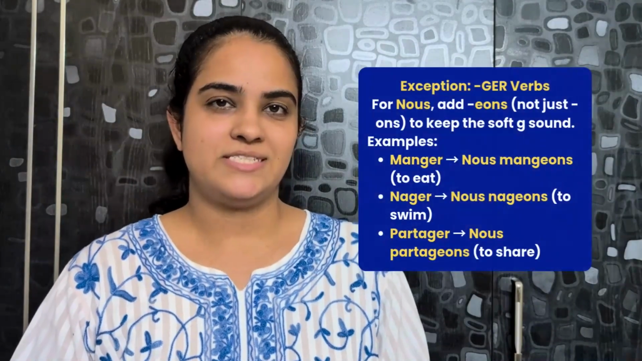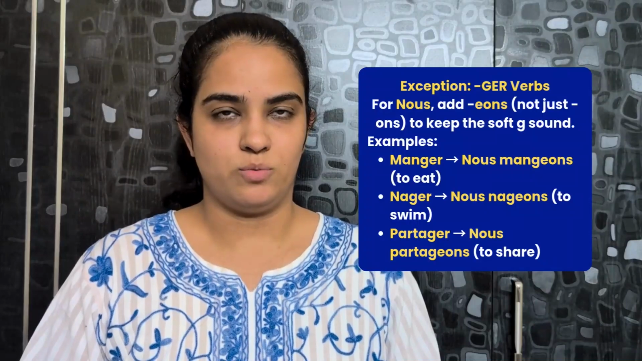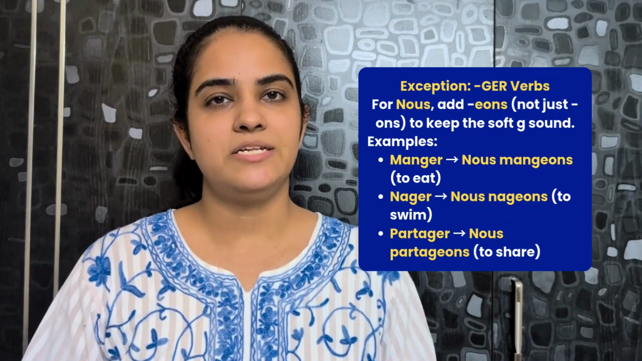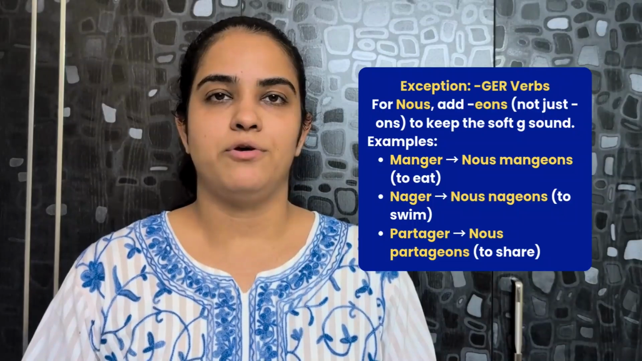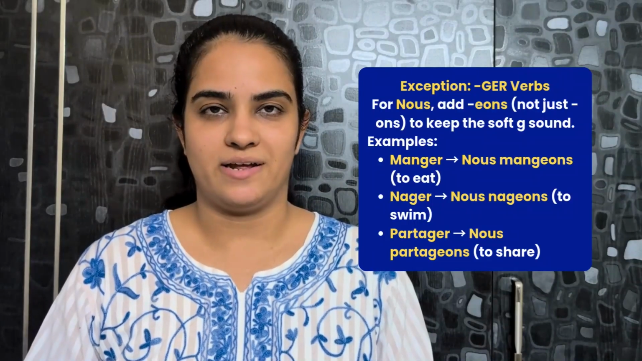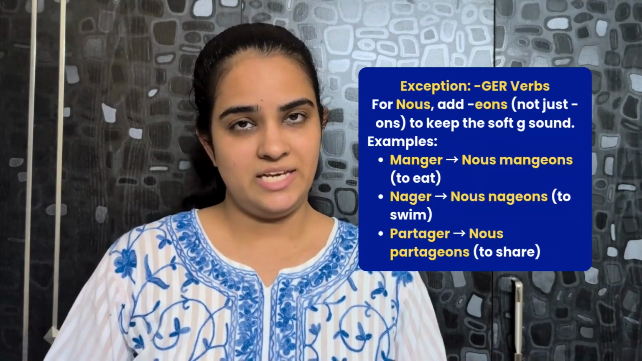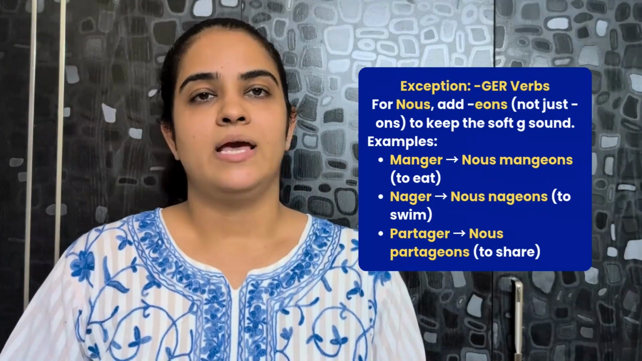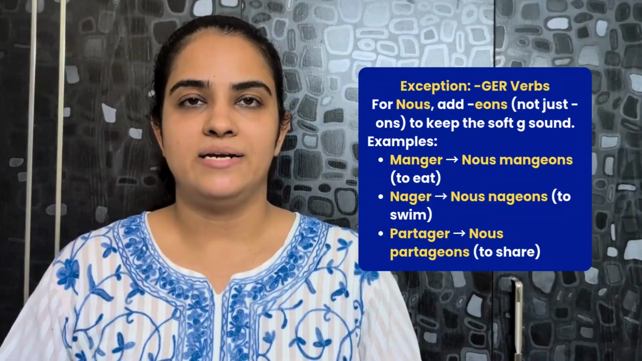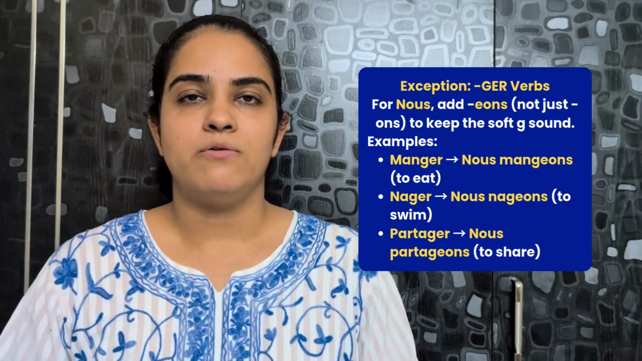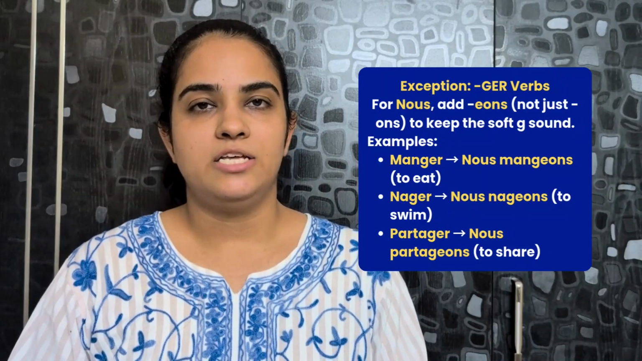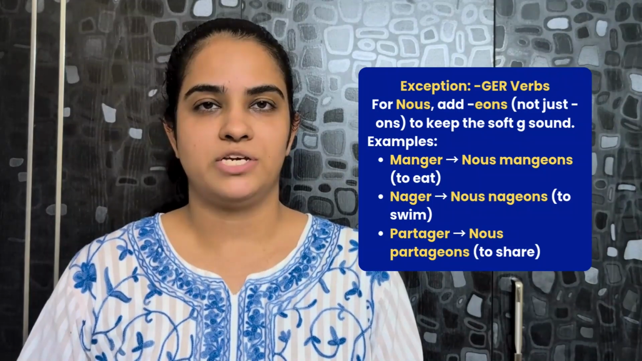Now, we are going to talk about some exceptions that exist in the er ending group. The first one is the verbs ending with ger. In these verbs, the only difference in conjugation is that you are supposed to add an extra e while conjugating it with nous, which means otherwise you would be putting the conjugation as